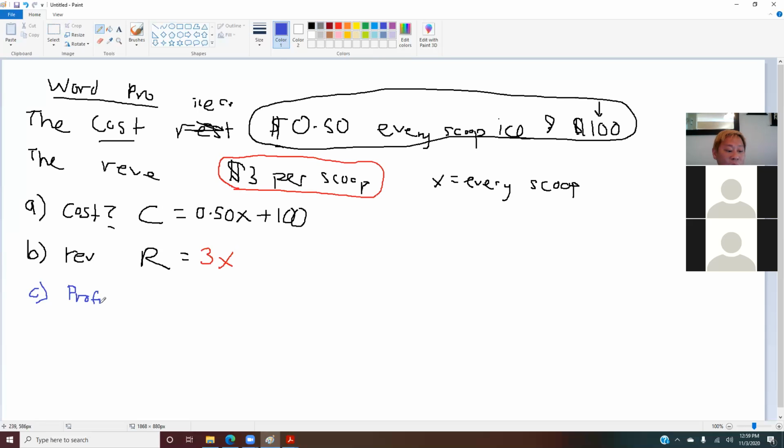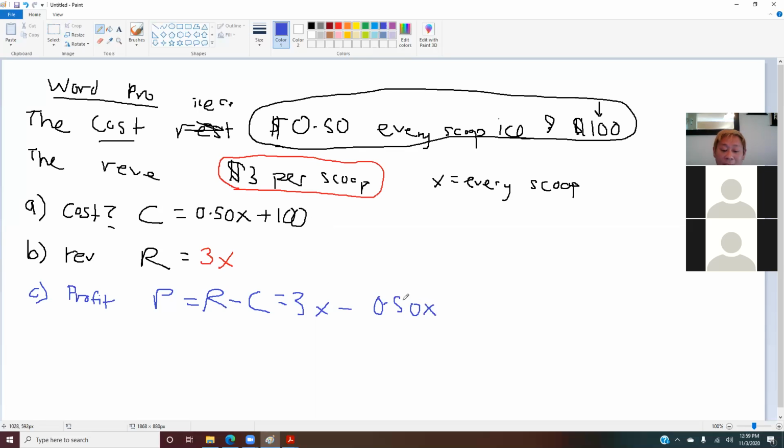Now, this is something you need to know. Profit is actually revenue minus cost. Very important formula. And no formulas are provided in the midterm here, so make sure you know this. So how do we do this? It is 3x minus 0.50x